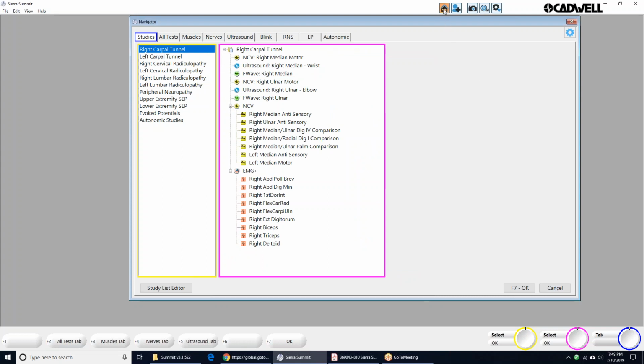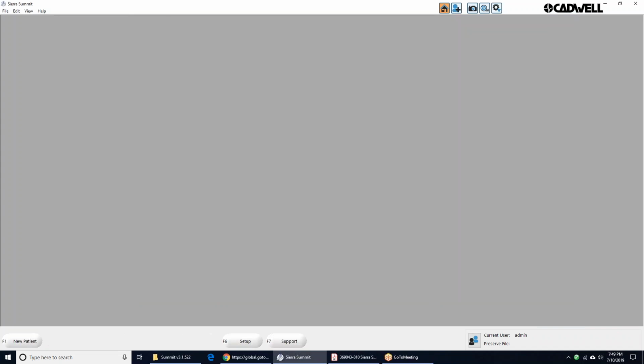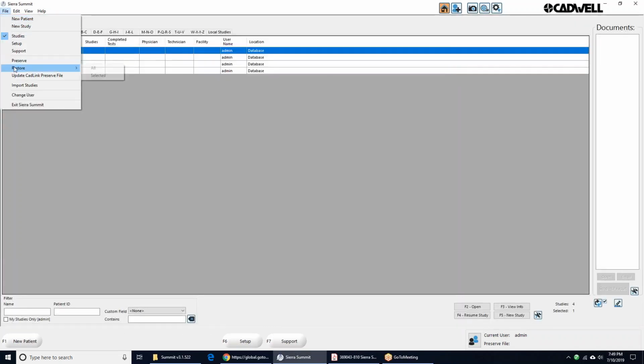If you're doing a new installation, then I'm just going to restore settings here. I'm going to restore all. And in fact, if you're doing an upgrade, you could do this. If they haven't been using EMG Plus or NCS Plus